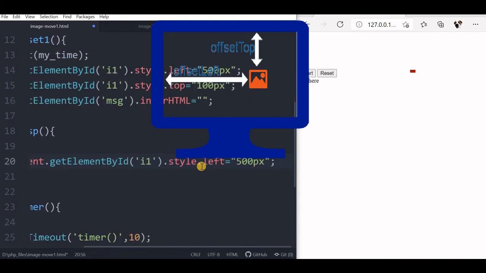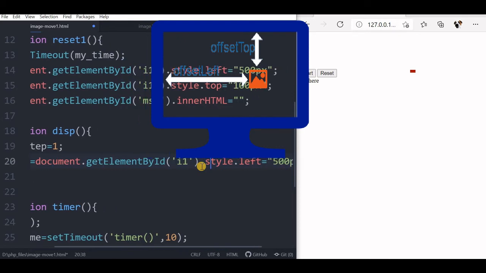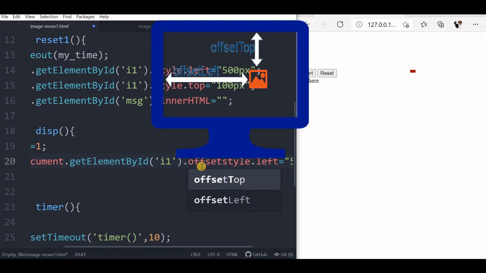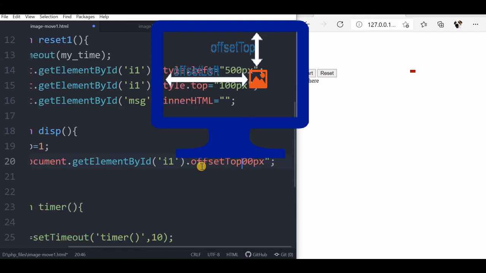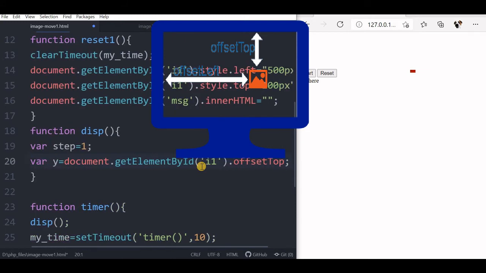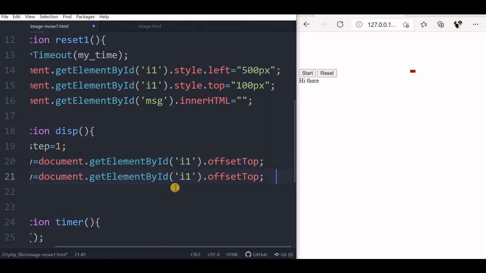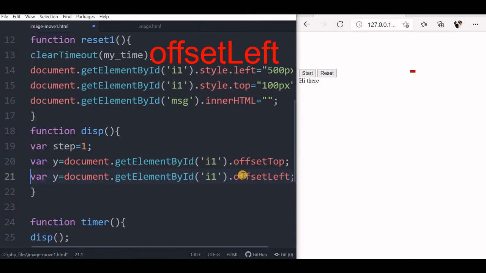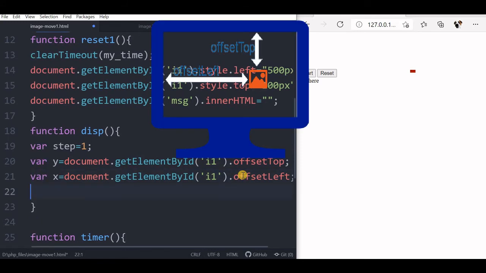So let me just write variable y, document get element by, here I will write offset top. Y is offset top always. Let me just write it here. Okay, now copy it, paste it again. Now this will be offset left. Here it will be variable x. So these two values I have taken. This is reading the present location.